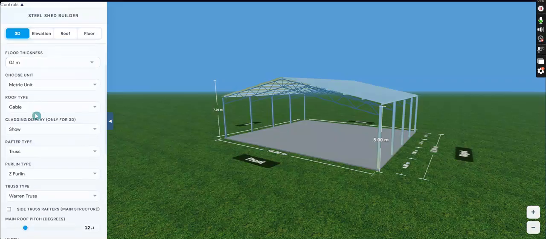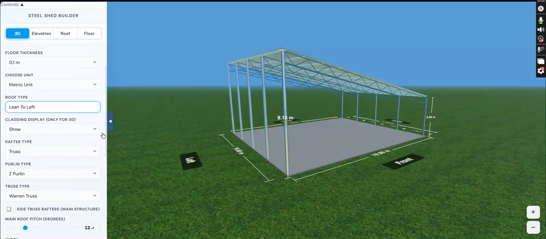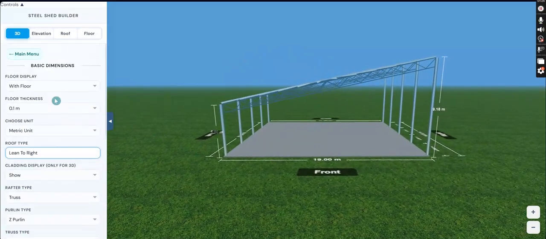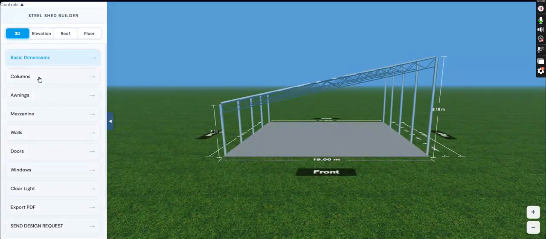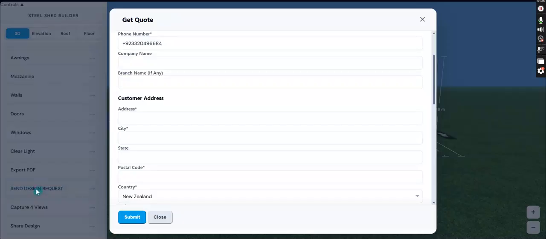similarly you can change the roof type to the lean-to, and it will be lean-to with all sides open. And yeah, you can export PDF and you can capture views, or you can add some doors,